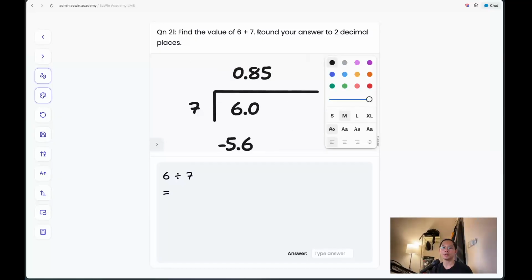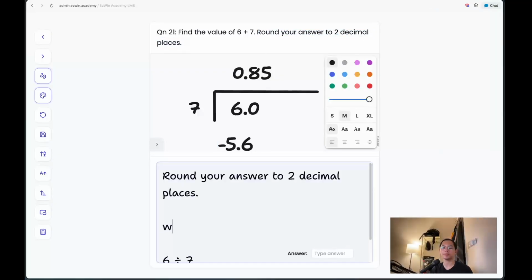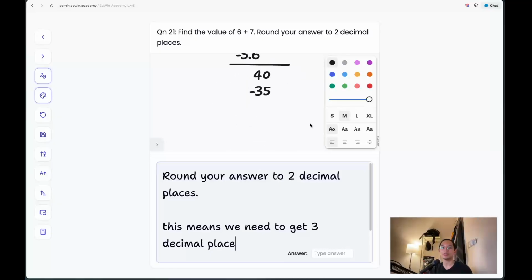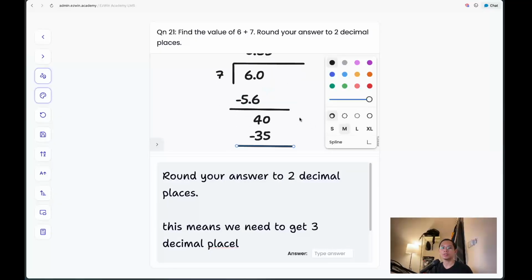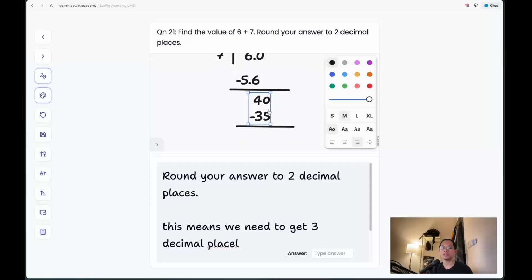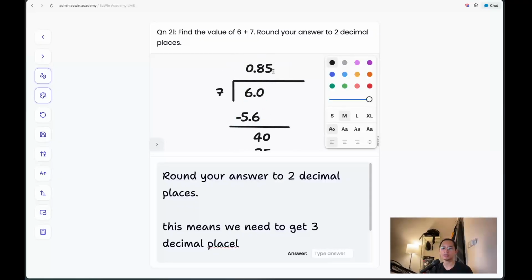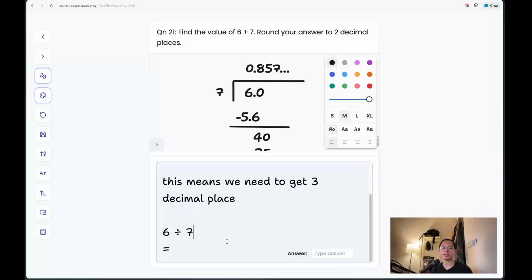Okay, so round your answer to 2 decimal places means we need to get 3 decimal places. So we have that, and this will be 50 here. So 40 minus 35, which is 50. I'll put 50 over here. Then since we are dividing by 7, this will be 49. In this case 0.857, dot dot dot. Okay, so 6 divided by 7 is